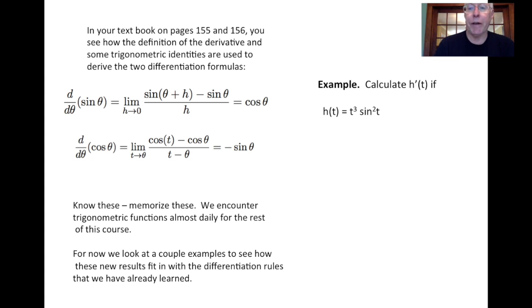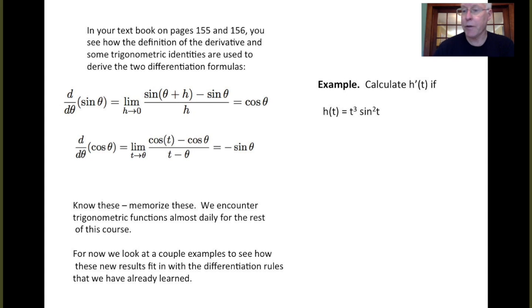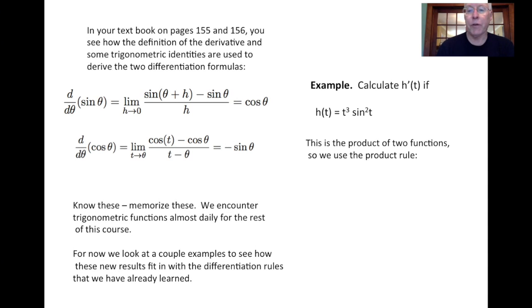So let's calculate h prime of t if h of t is t cubed times the quantity sine squared of t. Now recall that as you learn in trig, when you write sine squared of t, that is the way we denote taking the sine function, sine of t, and then squaring it. So this is a product of two functions. We have t cubed as one function, and the sine squared of t is the second, so we'll use the